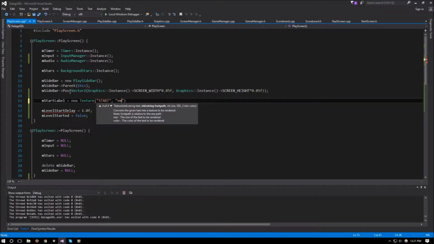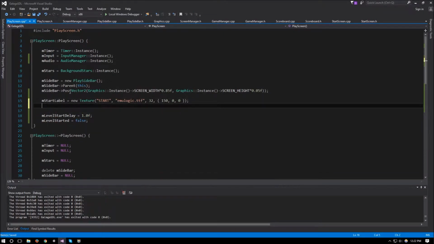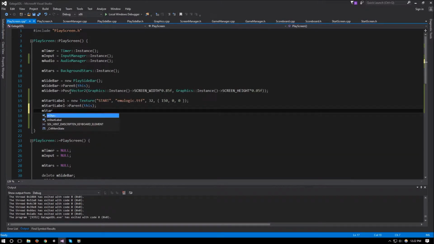Our font will be emulogic.ttf, and then the size will be 32, and the color will be 150, 0, and 0. Then we'll set the parent to this, so m_start_label parent is this, and then m_start_label,